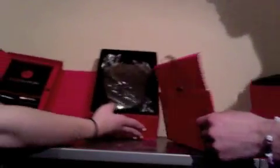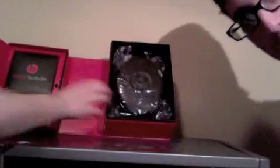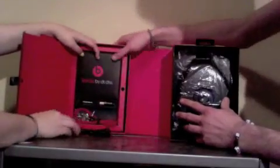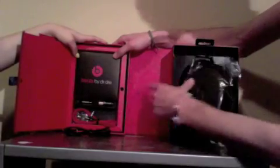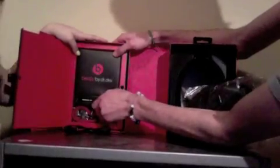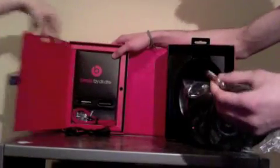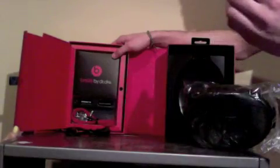Here's another thing that many people will say is your first initial problem: the real pair will come with a pair of Duracell batteries in a shrink wrap. However, when I received my fake pair, they also came with a shrink-wrapped pair of Duracells, which was very confusing